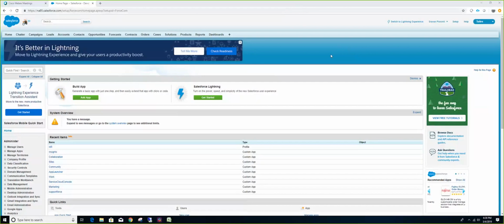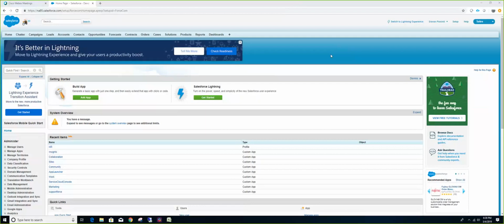And whenever you are creating a user, profile is mandatory. Whenever we are providing access to a user, we need to select a profile, and depending on the profile that is selected, automatically users will get those set of permissions. Now, what is the reason why we need profile? Because